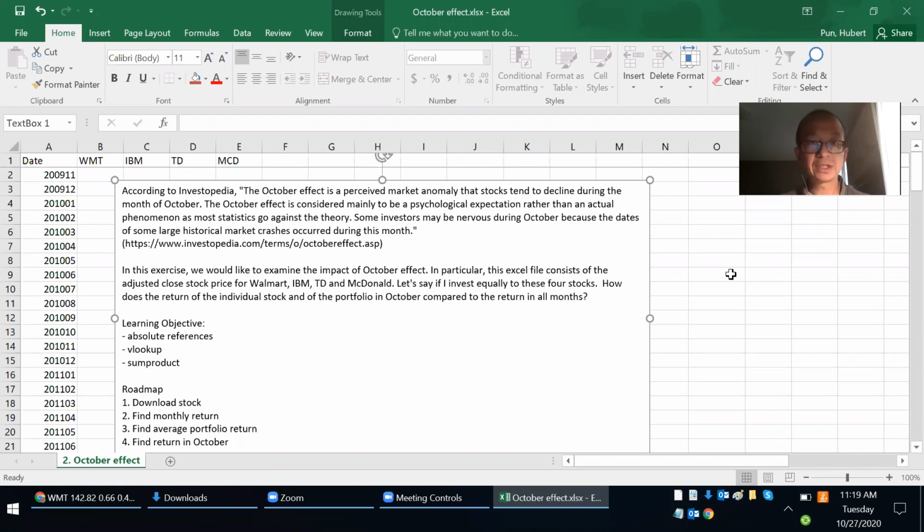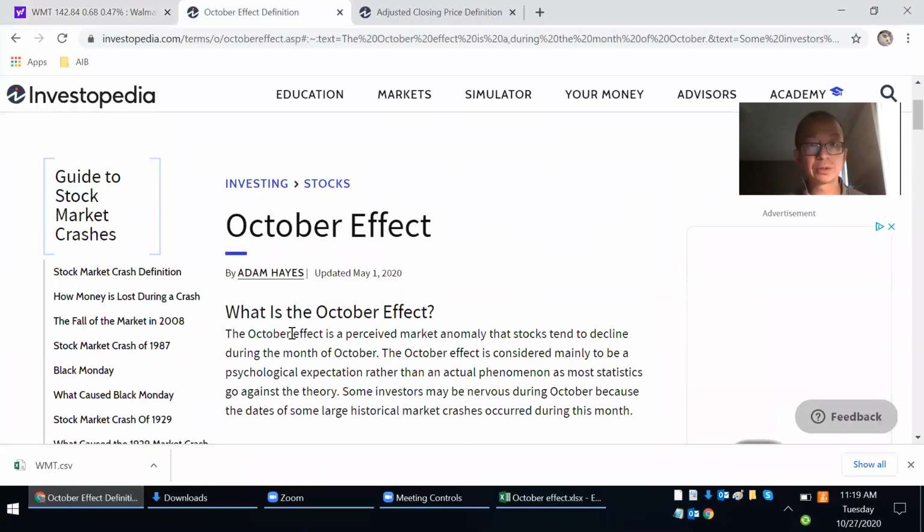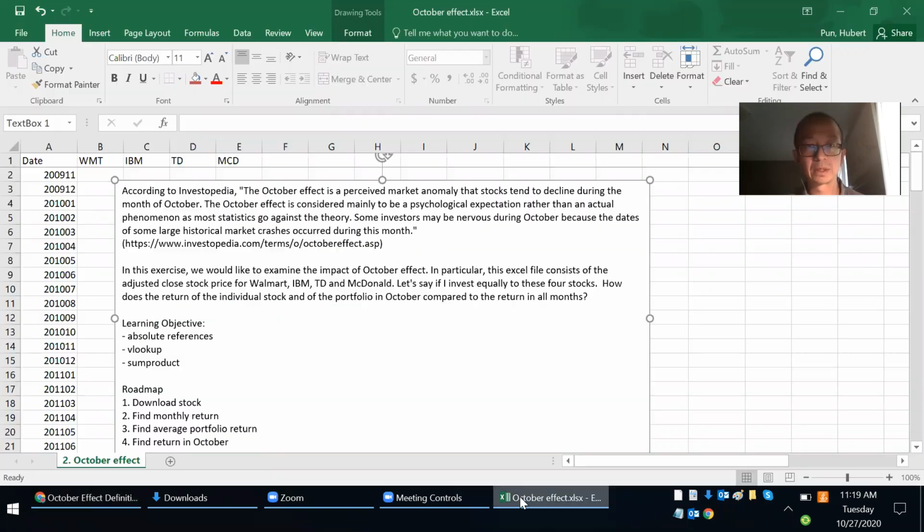So in this exercise, we want to look at the impact of the October effect. So what is the October effect? If you go to Investopedia, the October effect is the perceived market anomaly that stocks tend to decline during the month of October. So what we want to do is examine the stock price of Walmart, IBM, TD, McDonald's,